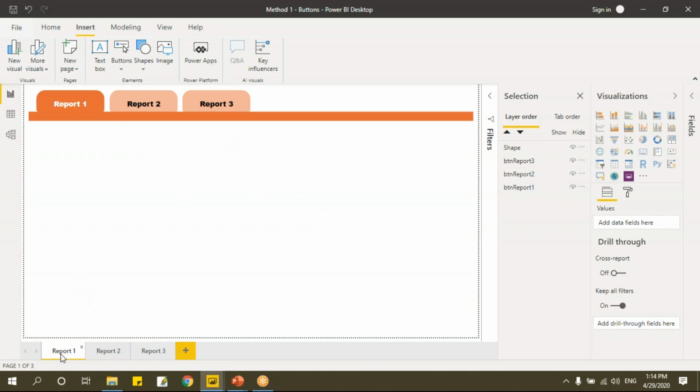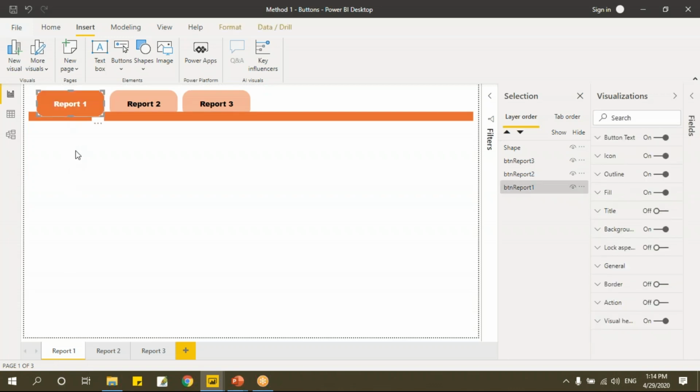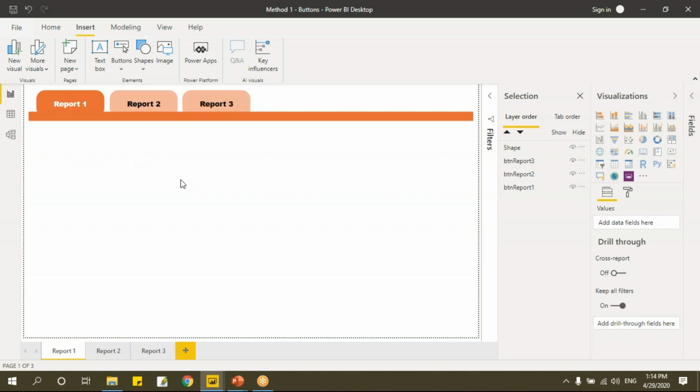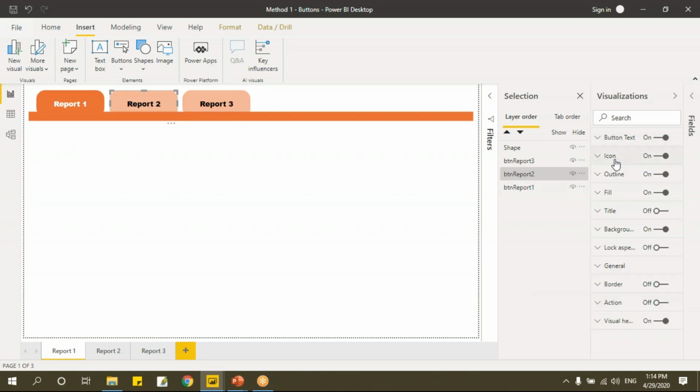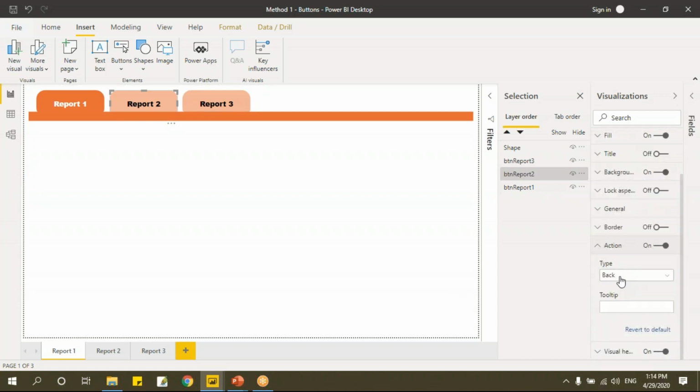Right. Now when I'm in this report 1, this button should not have any navigation. That means it is in the same page. Now the navigation should be for these two buttons. So what we'll do, we'll go here, select this button, and then scroll down here. We have something called as action. Let's enable this. Click on this action, and here we have something called as type. Click here. See, in the previous versions we had to give this bookmark for enabling or say navigating between the pages, but now in the new version we have this page navigation, which will help me in navigating between the pages.